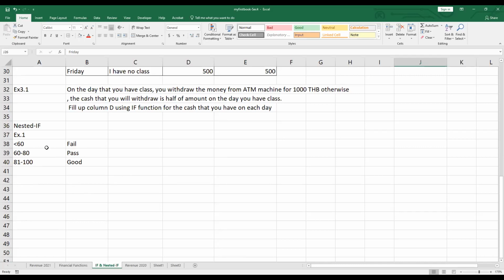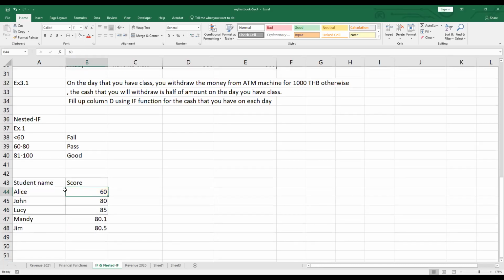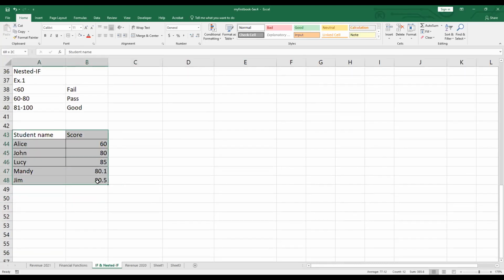When you compare the numbers like this, we have students with their scores, and this one will be used for testing. Now you have to set up the criteria first,